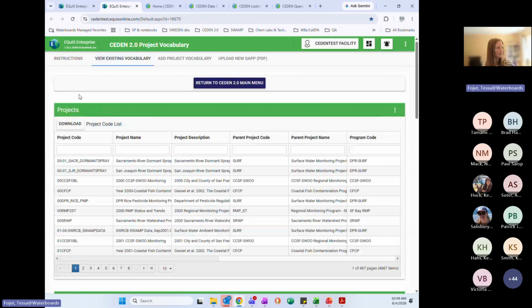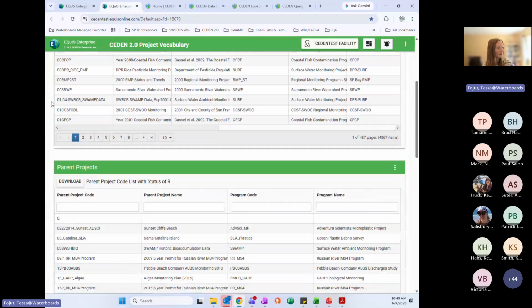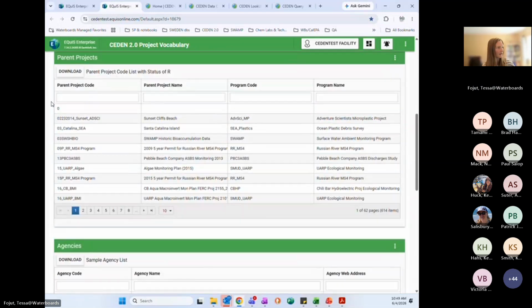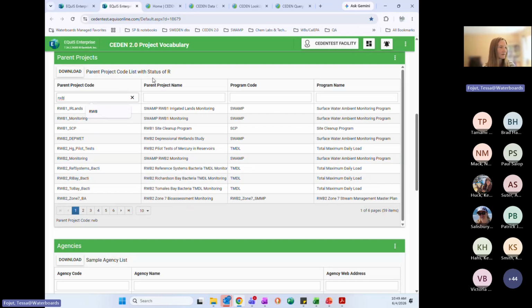These are the lookup lists where you can view the projects, parent projects, agencies, stations that are already in the system. And these have these little filters, so you can type in here and find what you're looking for more easily.